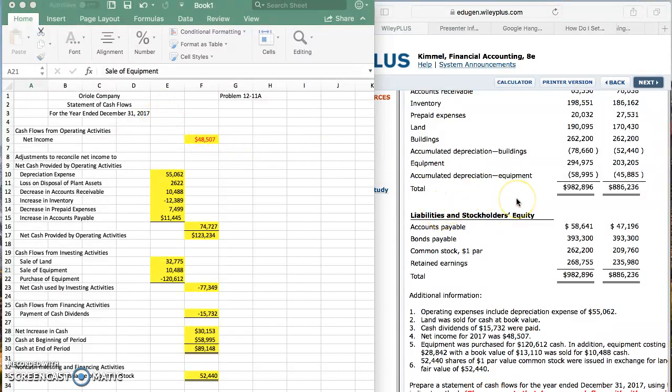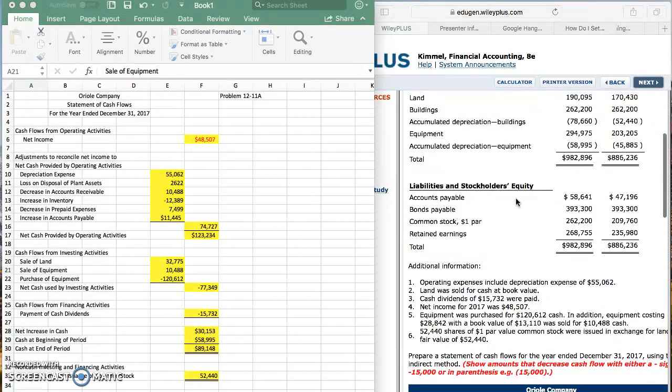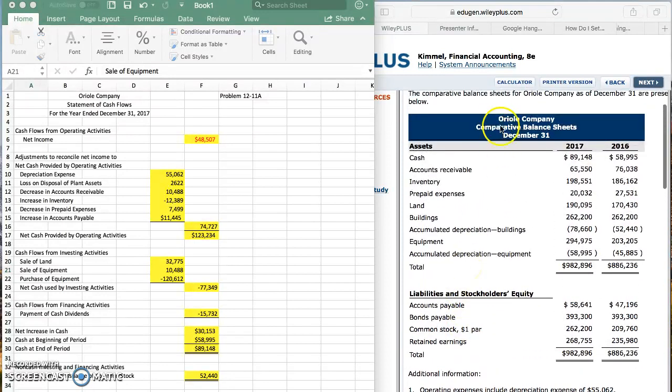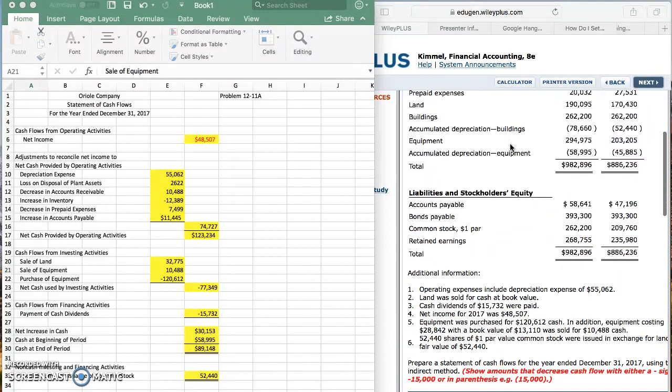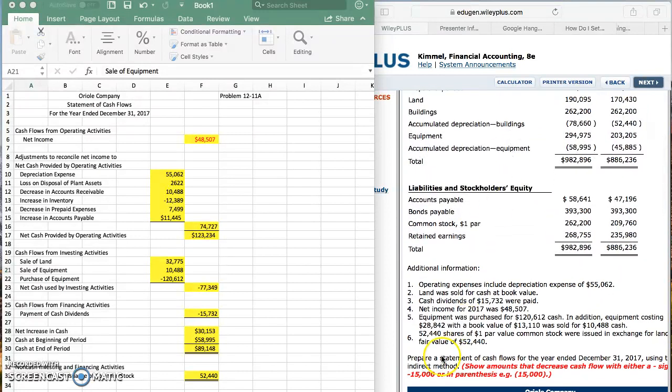And we're given this information, the comparative balance sheets, and we are to prepare a statement of cash flows for the year using the indirect method. And so we have to do some converting and use this additional information